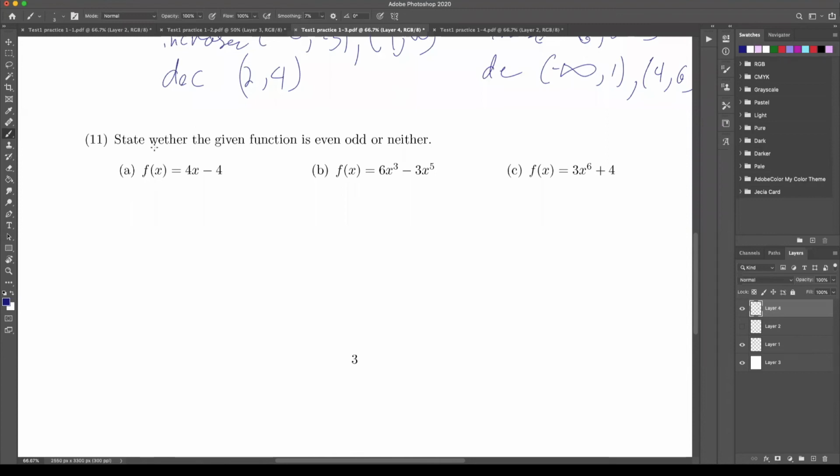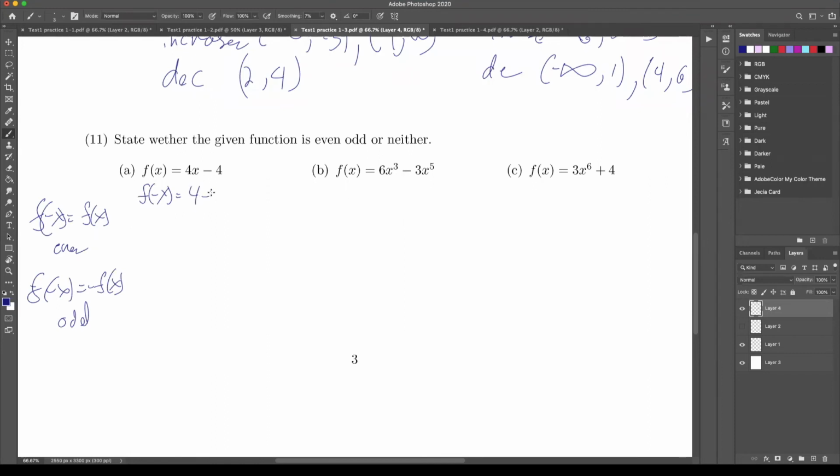All right, so remember what it means. So f of minus x. If f of minus x equals f of x, we say it was even. If f of minus x equals minus f of x, we said it was odd. And everything else is neither. And so here, if I plug in f of minus x,